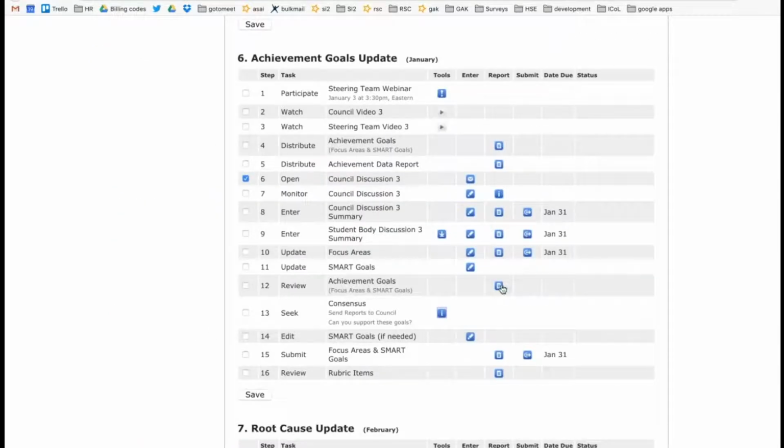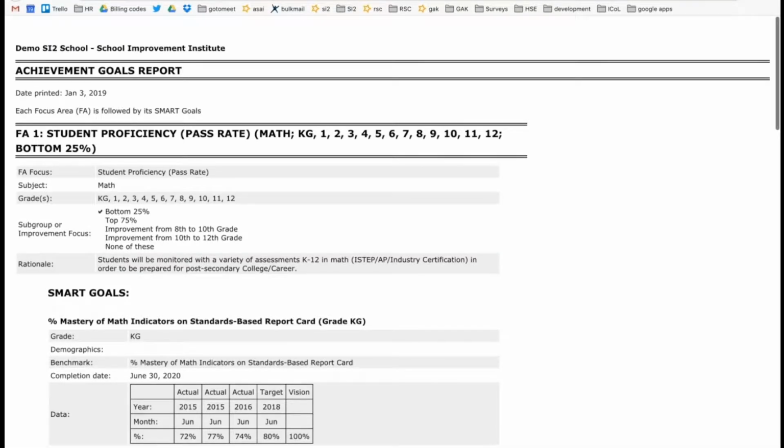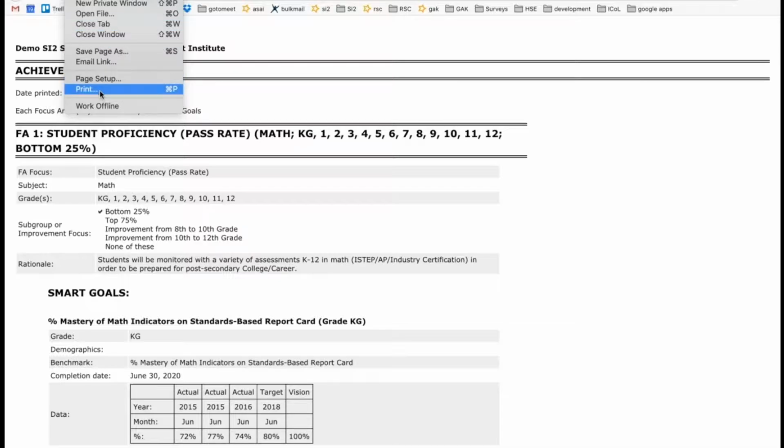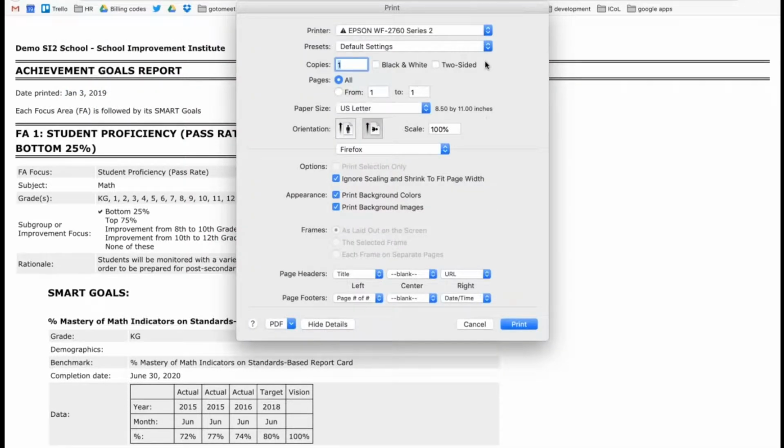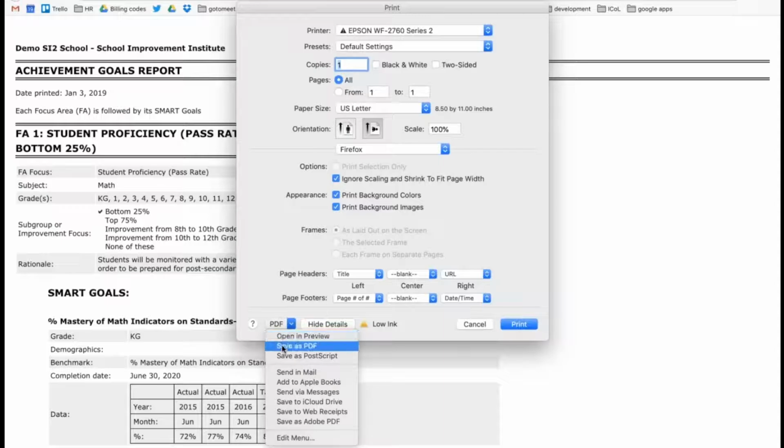So on your report, let's look at that. If it's something you would rather send by email instead of printing this out and having to worry about postage and envelopes and everything, the thing that you can do in most browsers is go up to your file menu and go to print. This is in Firefox, so it can be a little different in each browser. You can always Google how do I make a PDF from Chrome, or how do I make a PDF from Safari or Internet Explorer. So in Firefox, you come down here and you look at PDF, and you can click on Save as PDF,